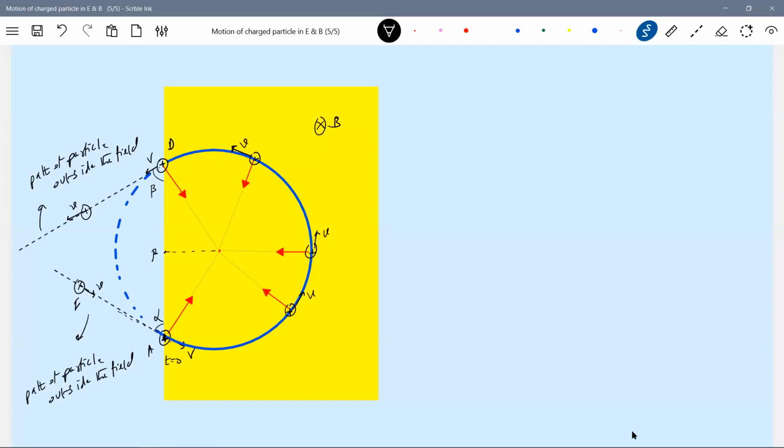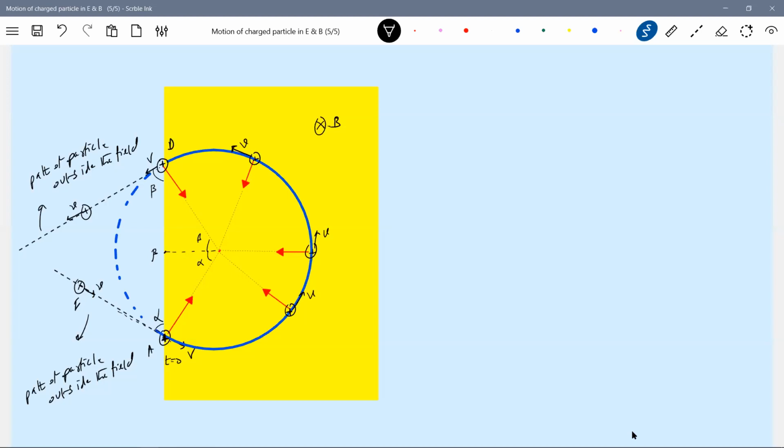This angle should be alpha, and this should be beta. So alpha and beta are equal. Again the same conditions: the particle enters at point A with velocity such that the path will make an angle alpha with the